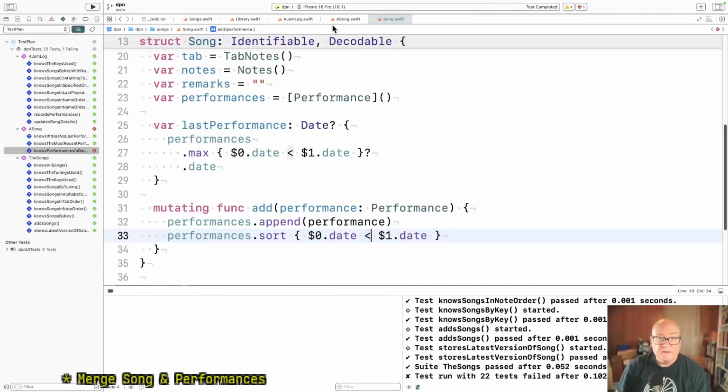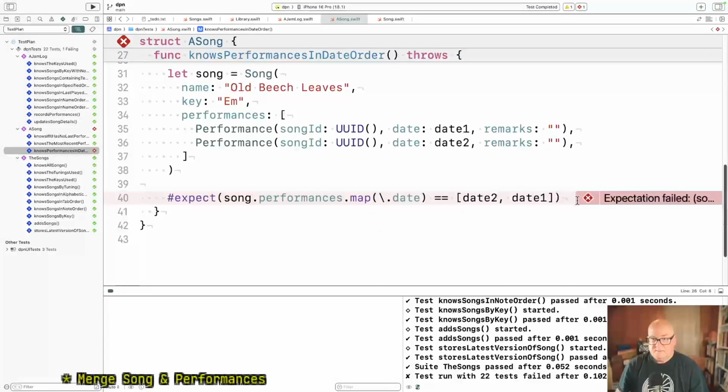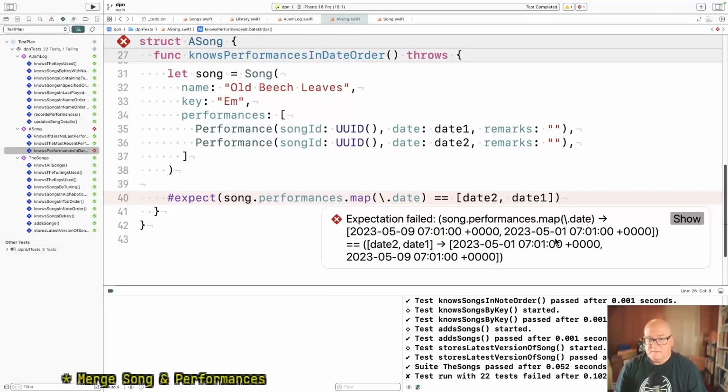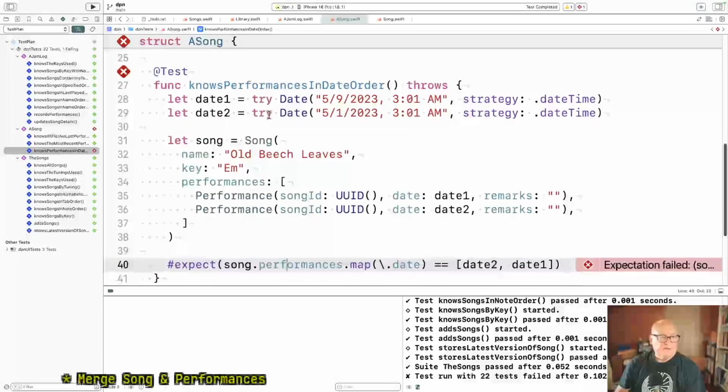Okay, what happened? Oh, I didn't put the performances on my objects again.